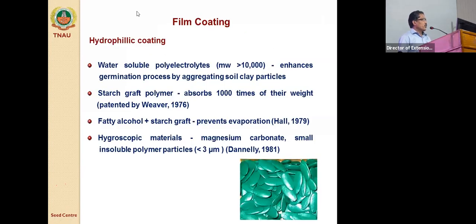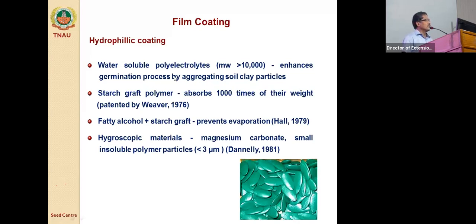So film coating can be used for different purposes. One purpose is hydrophilic coating. Naturally, you understand that it is mainly to absorb moisture. Even in low moisture situations, if you go for this kind of chemicals for seed coating, the seed will tolerate even substandard or less moisture content, so that germination will not be affected.